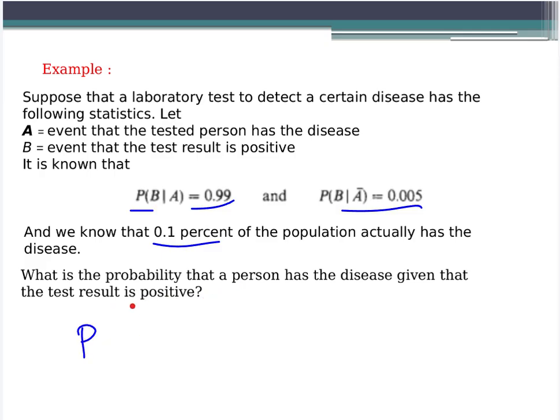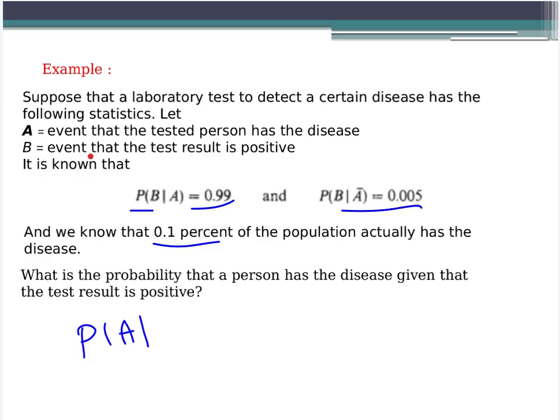The probability that a person has the disease, a person has the disease means the probability of A. But in this example, given that the test result is positive,